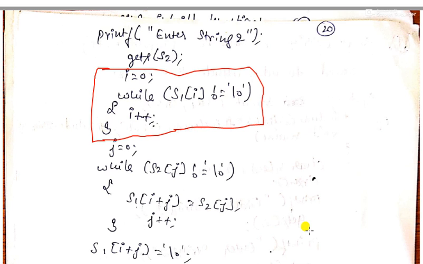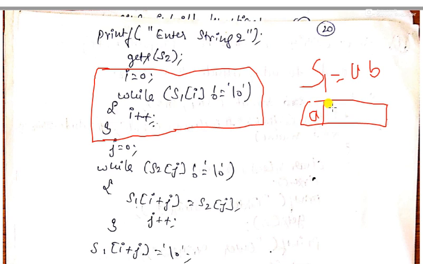In the last example we took s1 is equal to AB, right? So in memory how will it be stored? Here A, B. How much memory will be allocated for this? 2 bytes, 0 position, 1 position, and then not 2 bytes, 3 bytes, another extra byte for the null character. Like this, memory will get allocated.